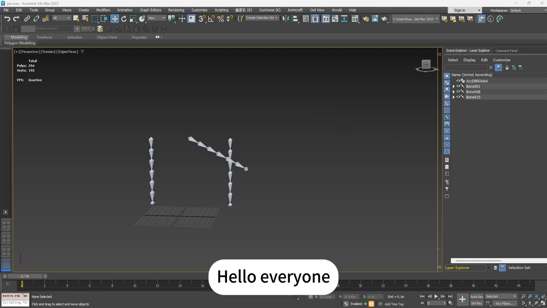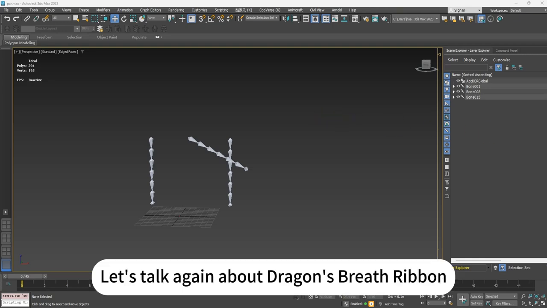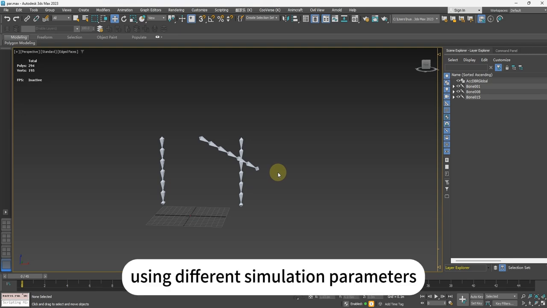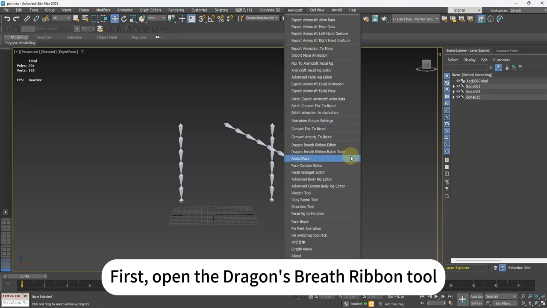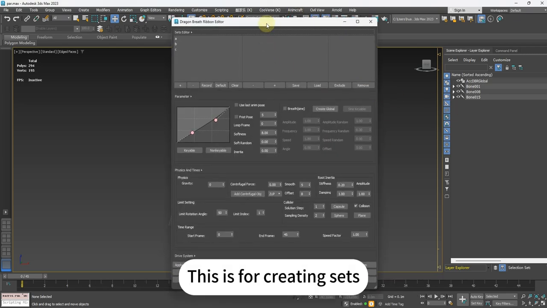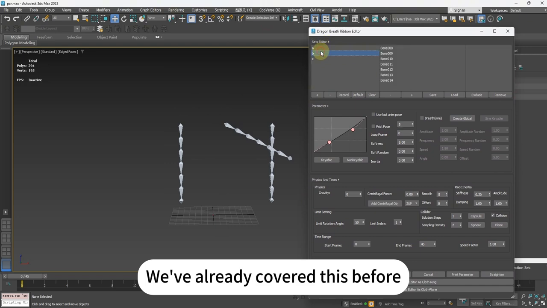Hello everyone. Let's talk again about Dragon's Breath Ribbon. Different sets, using different simulation parameters, to simulate in one go. First, open the Dragon's Breath Ribbon tool. This is for creating sets. We've already covered this before